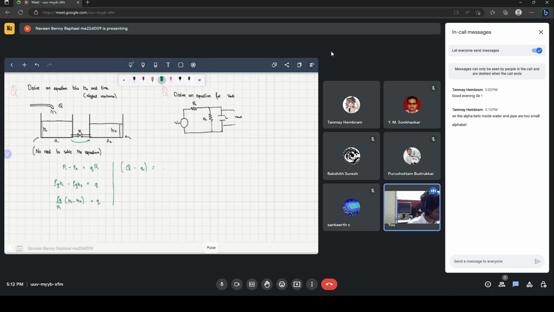So that will give us, yeah, likewise for the second tank, we'll get Q is equal to A2 H2 dot. We can naturally substitute this back into the equations, and we'll get